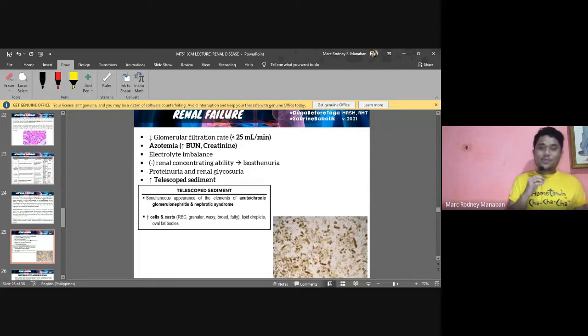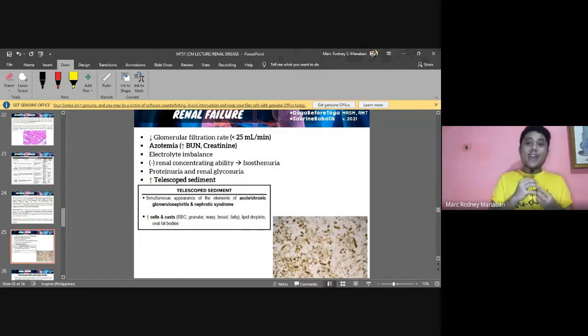There is also a negative renal concentrating ability, so isostenuria, because again, the tubules have lost the ability to concentrate. So therefore, consistent na lang yung SG, di ba, which is usually about 1.010. So meaning katong plasma filtrate na naa sa imuhang glomerulus, same rapod silang SG sa imong ihi. All right? Which means wala na gyud ang tubular concentrating ability sa imuhang tubules.